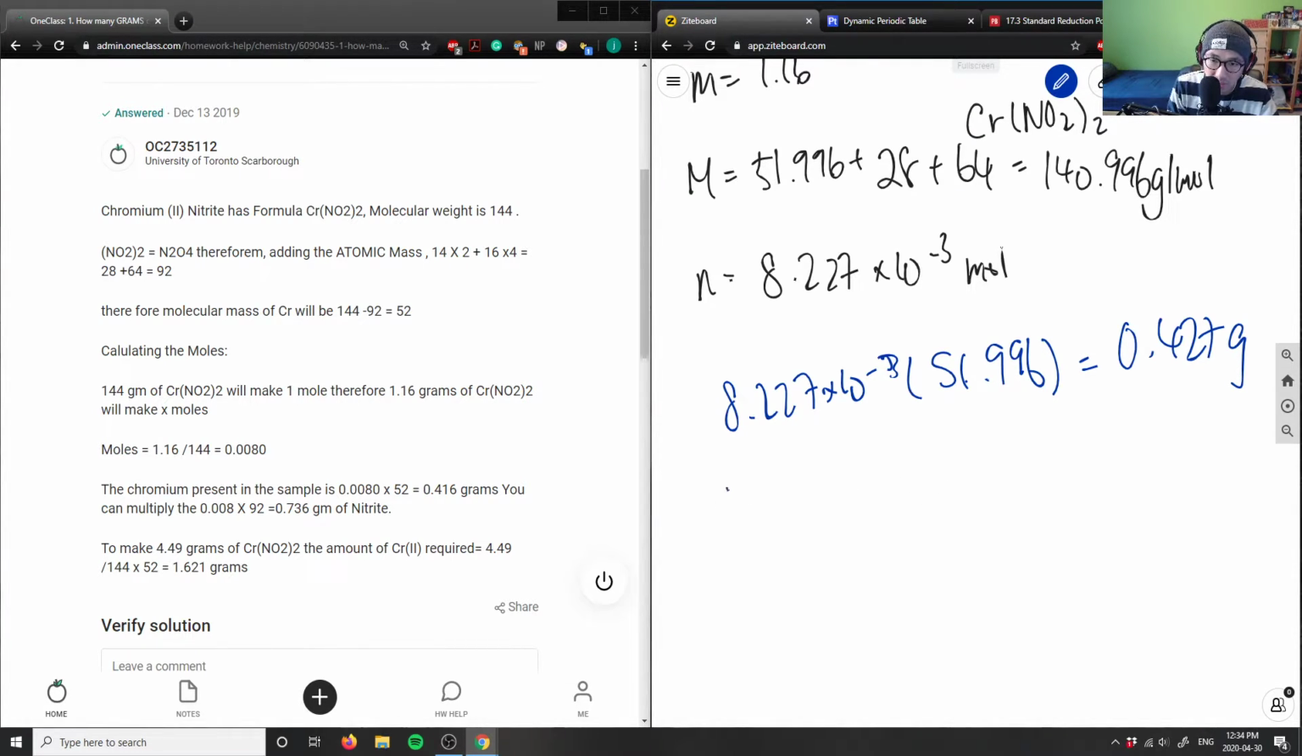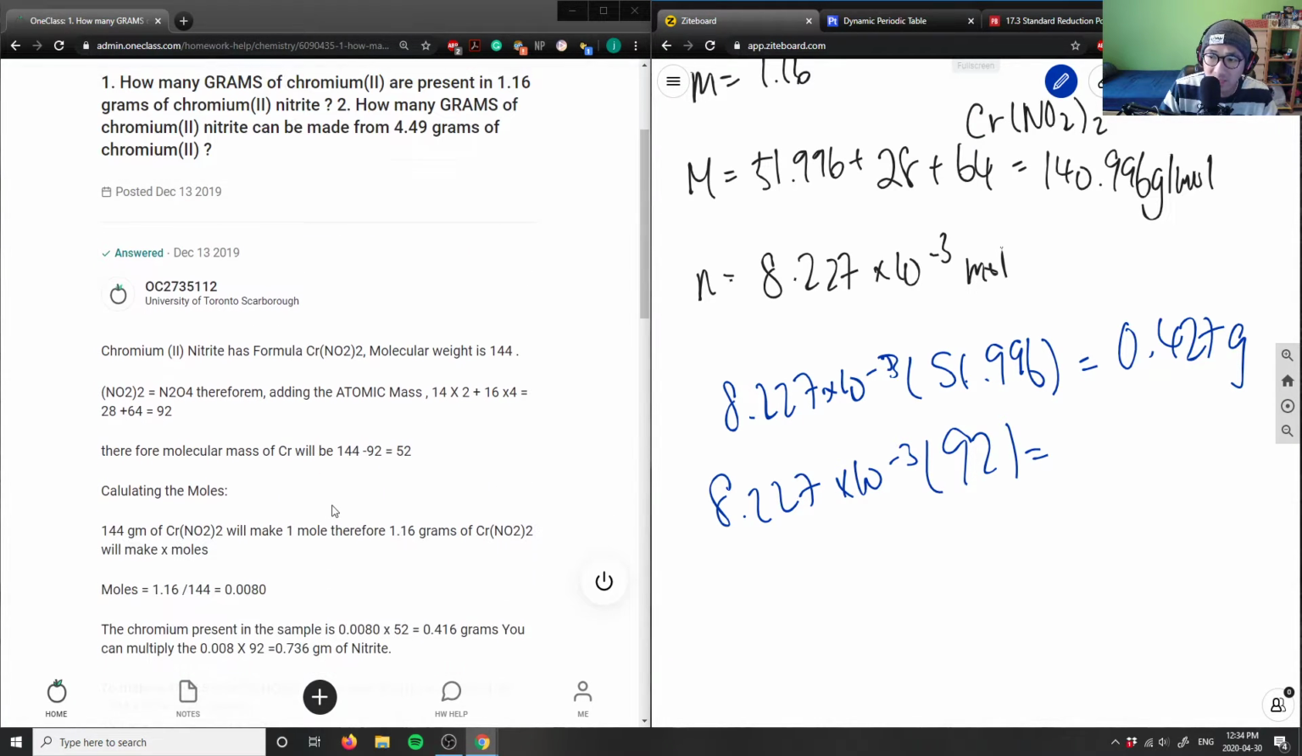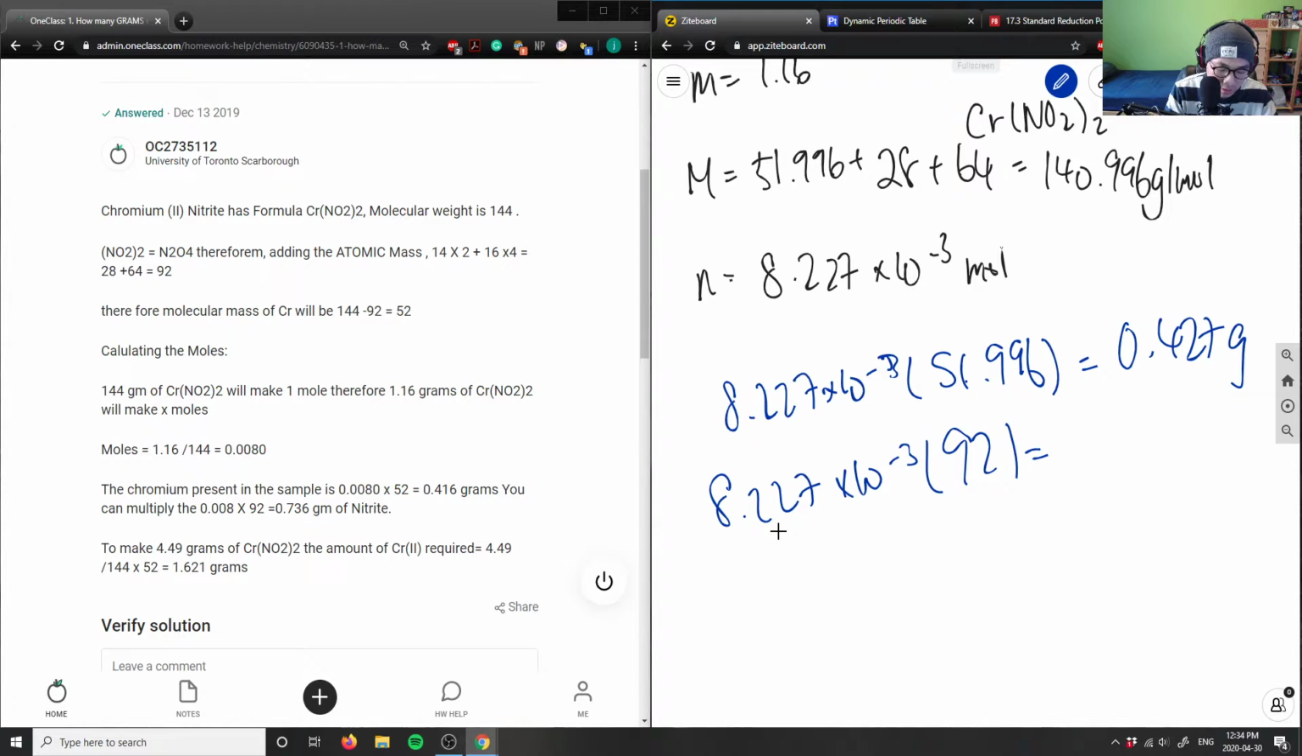Grams, and then I can multiply 8.227 times 10 to the negative 3 by whatever 28 plus 64 is, to get the mass of my nitrate here. So it's 92. Then 1.16 minus 0.427 gets me the remainder here. So this is 0.733 grams of NO2. This is Cr here. So this would be the mass composition of chromium